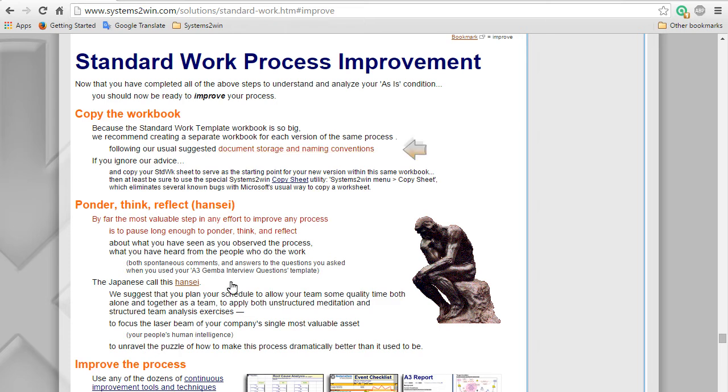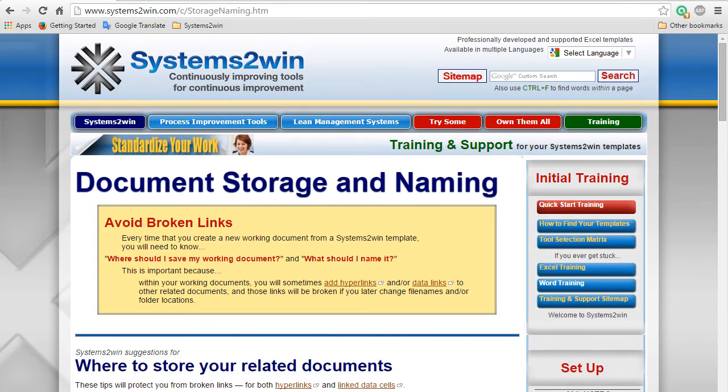And if you follow this link, it will take you to a page that will teach you a nice clean system for document storage and naming conventions that will avoid broken hyperlinks between your related documents. And you can use that exact same system for all of your interrelated documents. Remember, Systems to Win is not just templates, not just training, but also systems for process improvement.